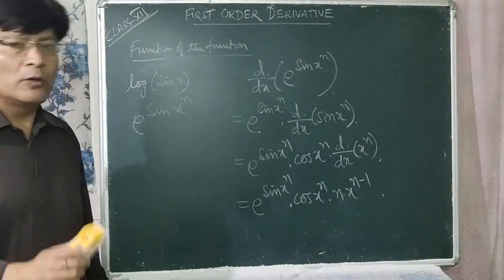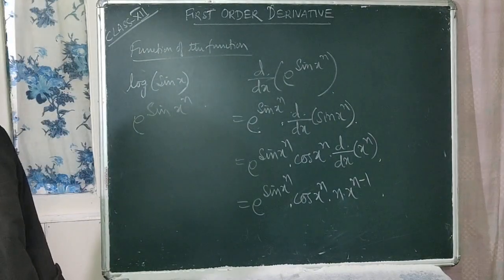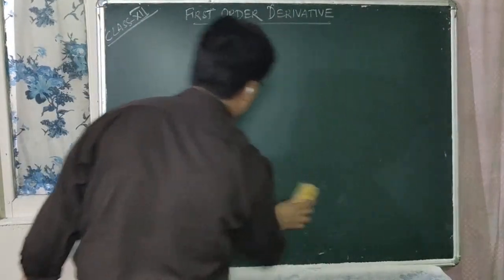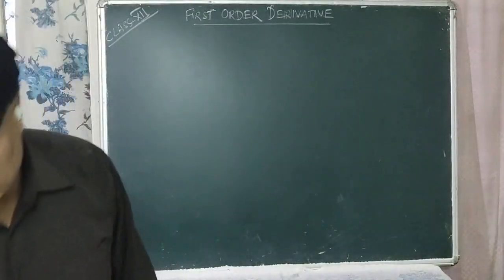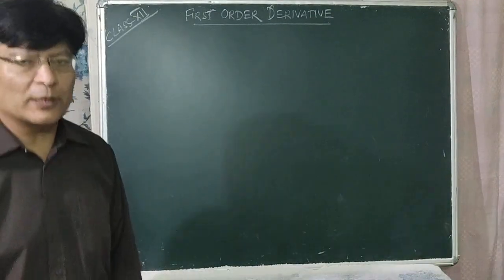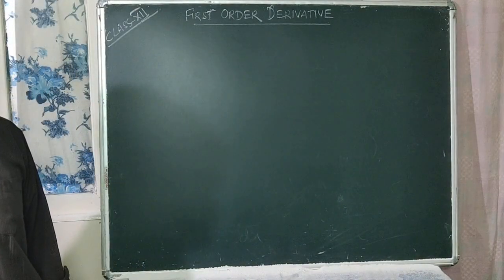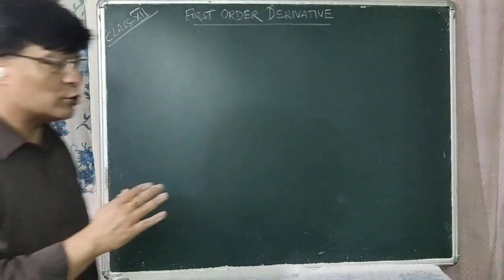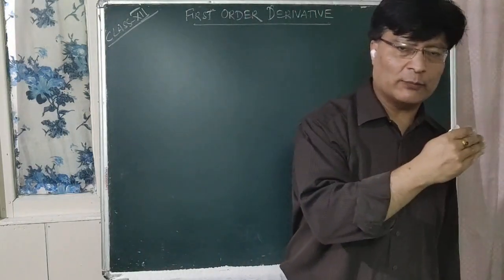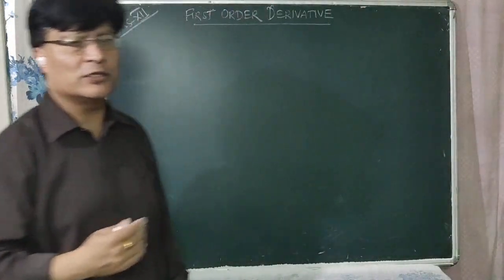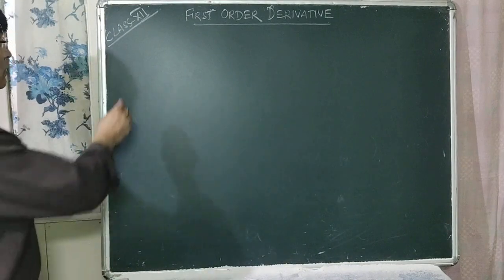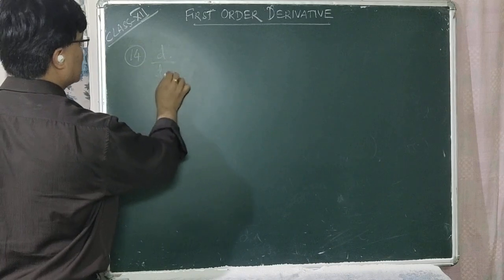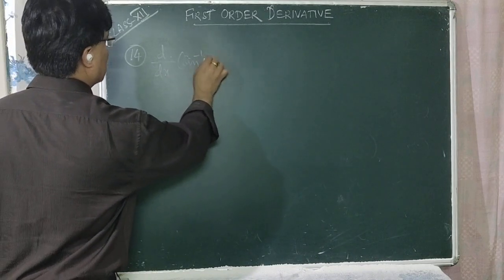So now we will do differentiation of inverse circular function, right? So now in class 11 you did formula from formula number 1 till formula number 13, right? So let us start from formula number 14 here. So you should know all these 13 formulae, that is formula number 1 to formula number 13, you should know all these formulae, plus now formula number 14, that is dy dx of sin inverse x is equal to, what